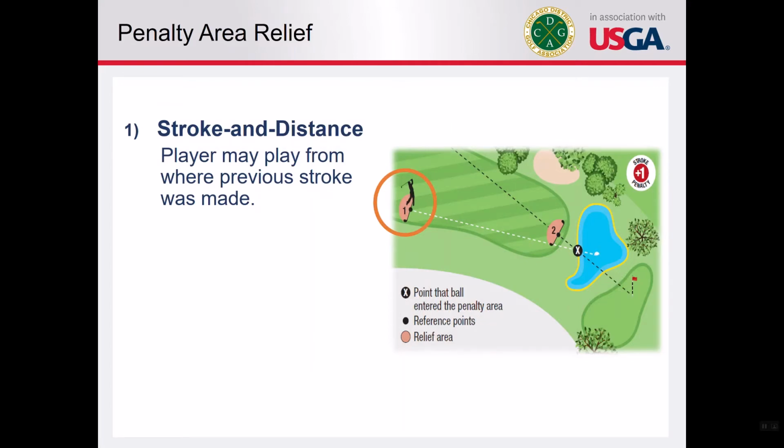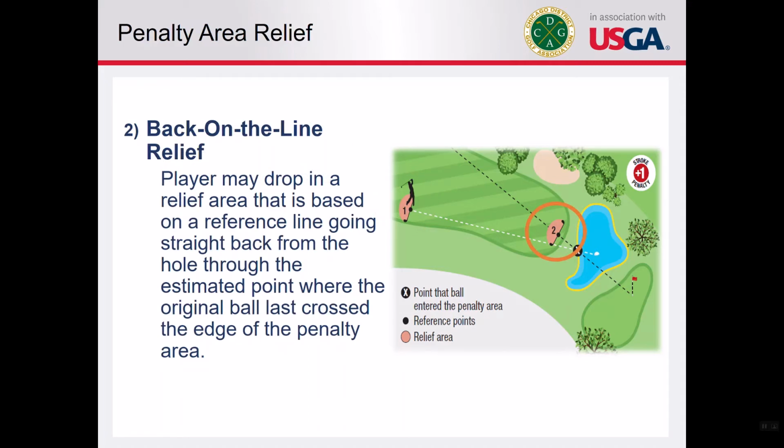When taking relief from a yellow penalty area, you have two options, as mentioned before. Your first option is to take stroke and distance relief by playing your next stroke from where the previous stroke was made. And your second option is to take back on the line relief in an area based on a